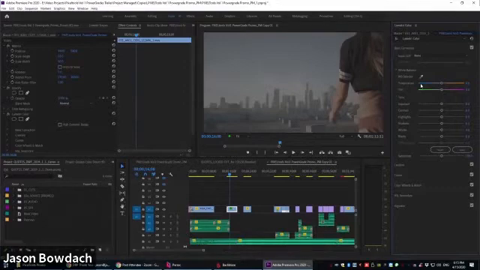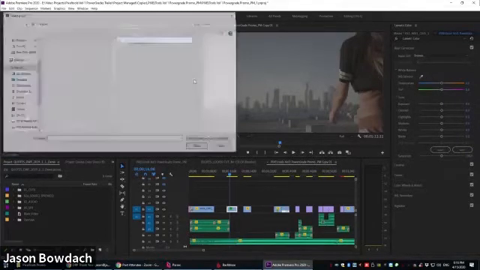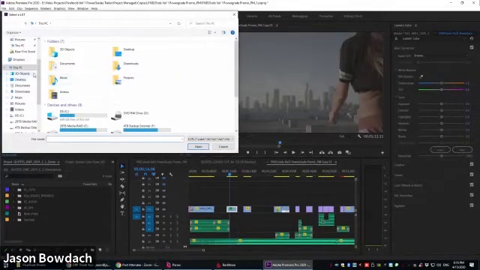This is not a RED file. I've transcoded these. These are proxies that I've created, high quality proxies, but that's the only reason why I can't use the RED RAW settings to turn this into Rec. 709. I need to apply a LUT to take this out of the log space. So you can either use a LUT provided directly from the camera manufacturer. If it's not provided in the input LUT, and in this case my LUT is not provided, I actually have to go and apply it directly.